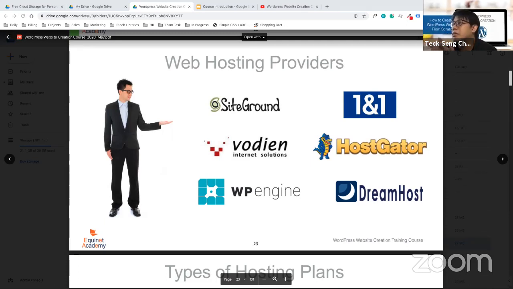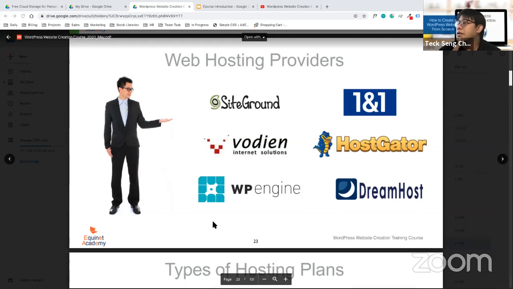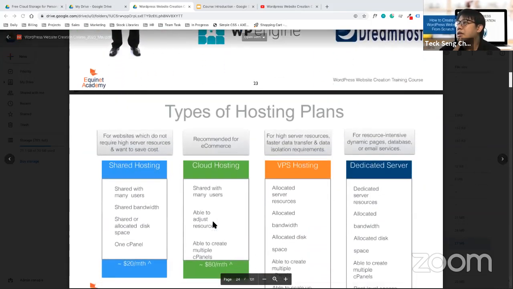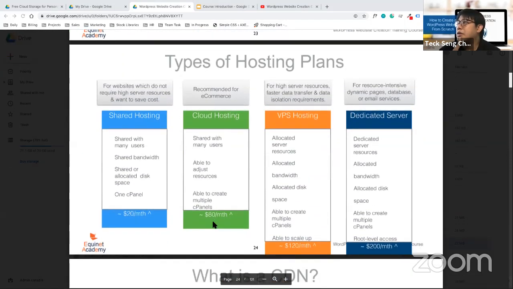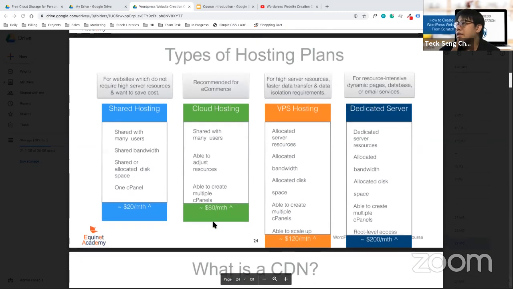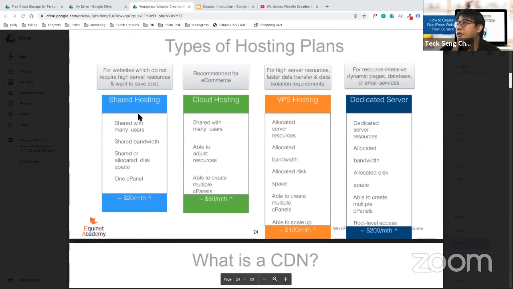Like I mentioned during the course earlier, you don't really have to buy it separately. You can just buy it together with Namecheap itself, so it will be easier for you. The types of hosting are shared hosting, cloud hosting, VPS, and dedicated server. Most of you can just buy shared hosting or cloud hosting.